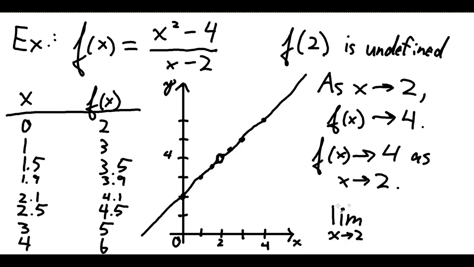And this together means that we're going to investigate whatever expression follows, right? And we're going to see what it does as x approaches 2. In this case, the expression in question is f of x. So I can just write f of x. If we didn't have a name here, I could have just written out the symbols. You can write out an expression like x squared minus 4 over x minus 2, whatever. This limit just means whatever term follows, we're going to figure out what it's doing as this variable approaches this value. So this can be read somewhat formally as the limit of f of x as x approaches 2